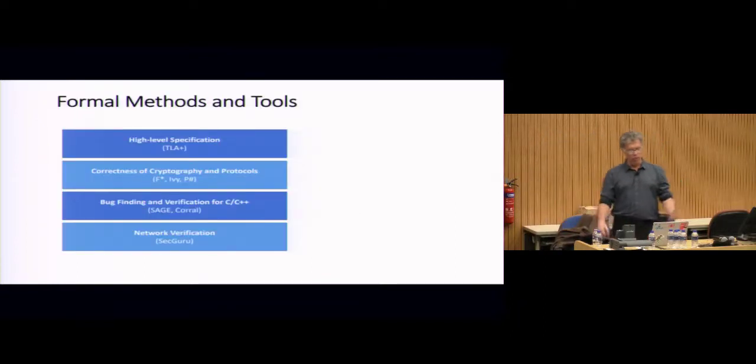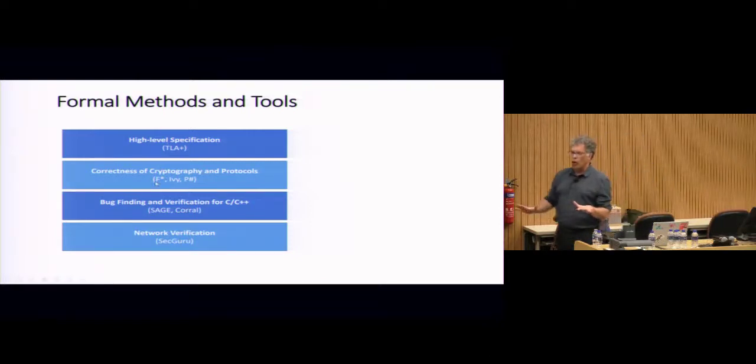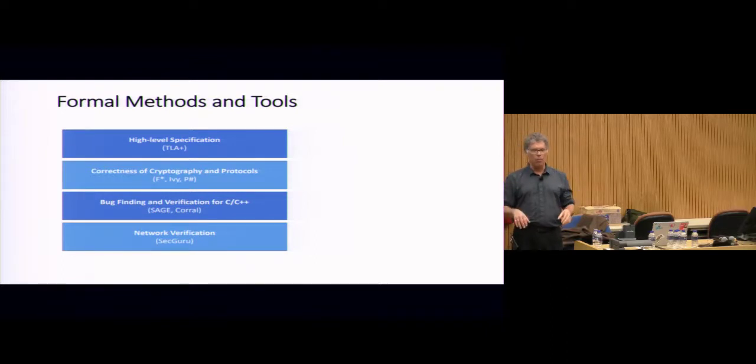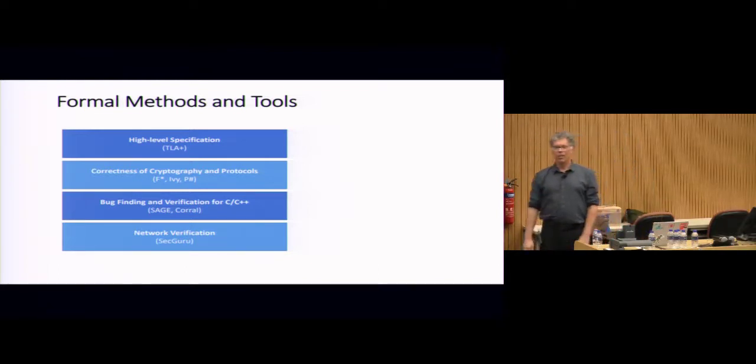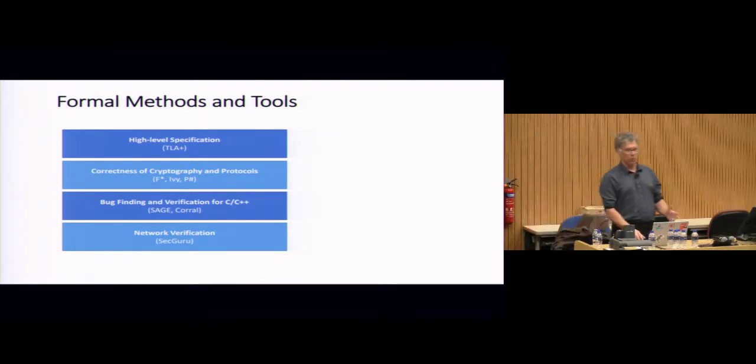Okay, so let's move on and talk about some of these formal methods and tools. I've oriented this towards distributed systems. Some of it might be a little bit more of a reach. We're going to start at the bottom here with network verification and go up the stack. The stack is ordered by logical expressiveness. At the bottom, we're just going to use bit vectors and SAT solvers, and everything is very automated. As we go to the top, where we get to TLA, we have just set theory up there. We have a model checker, but we have an incredibly expressive logic.